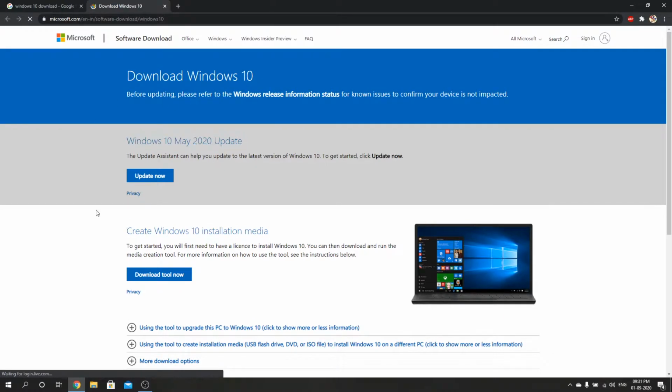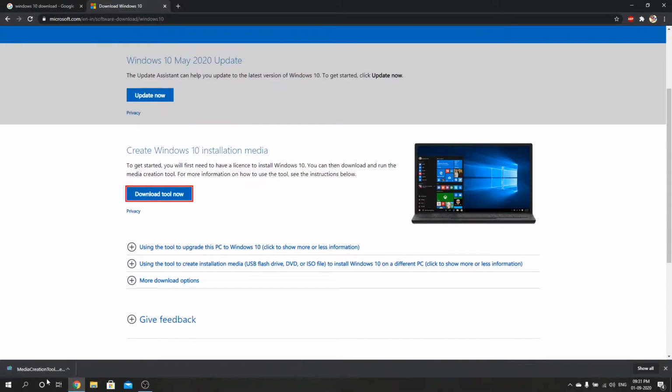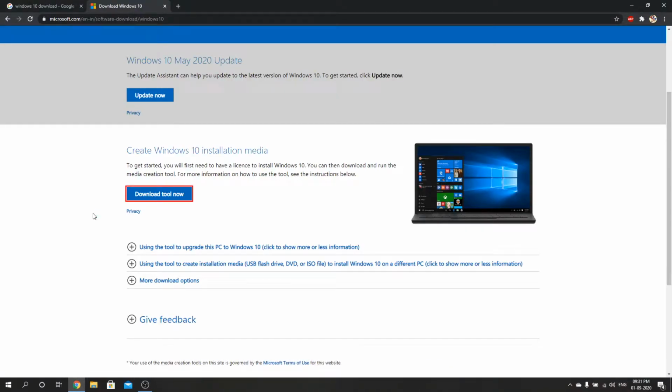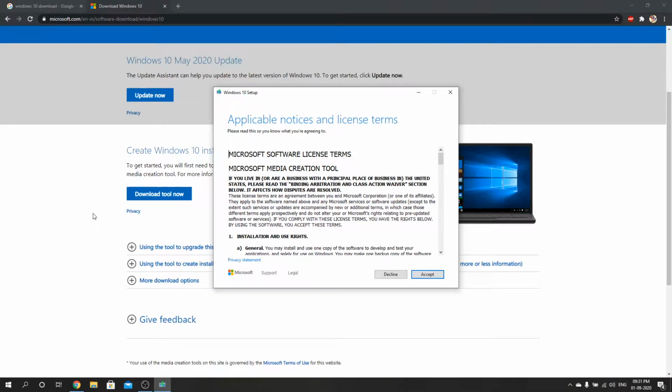After that, select the Download Tool Now button and the media creation tool will start to download. It's just 18 MB file, so it wouldn't take time. After the download is complete, open the media creation tool. A Windows writing will pop up followed by a loading animation saying getting few things ready, as you can see. Wait for some time and then accepting license term page will appear. Just select accept